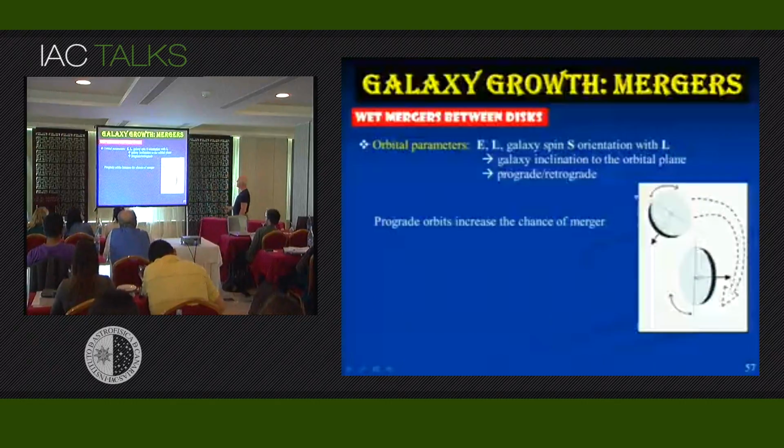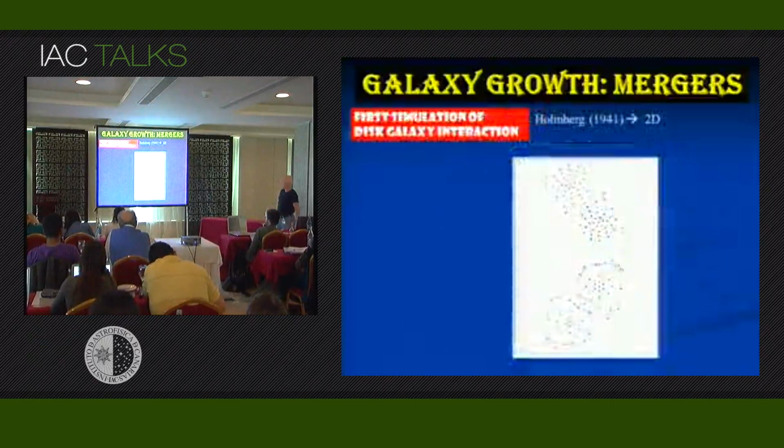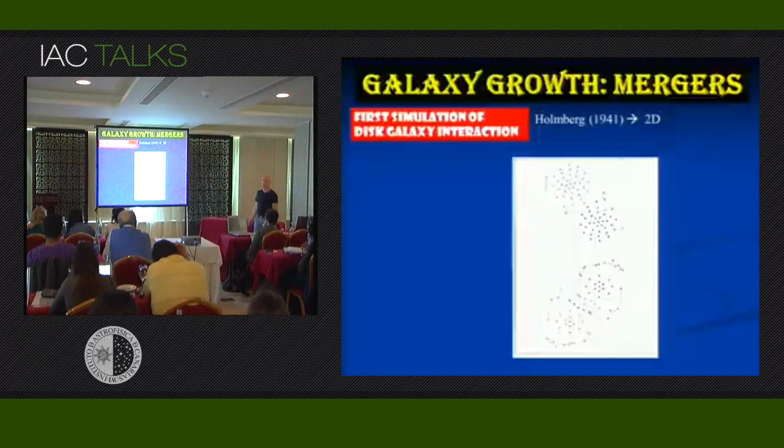Wet mergers. What is important in wet mergers is, of course, the energy, the orbital angular momentum, the galaxy spin, and the orientation between spin and orbital momentum, the inclination of the galactic plane to the orbital plane, and whether they are prograde or retrograde. And prograde, let me tell you a small secret, are more successful in merging. The first time this was tested was